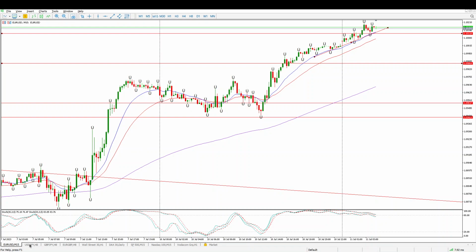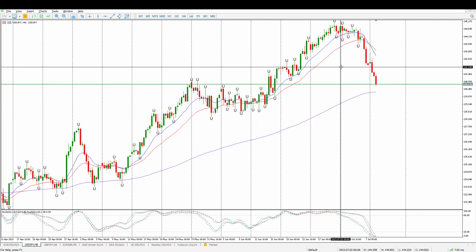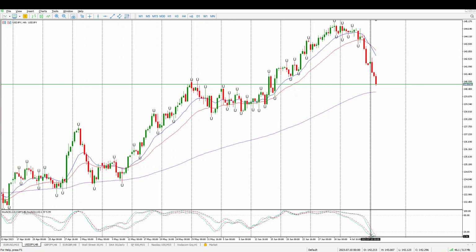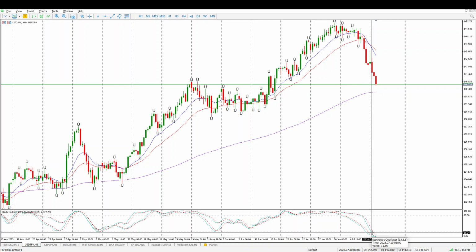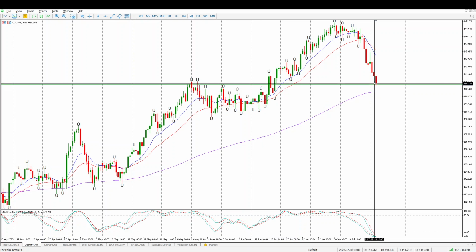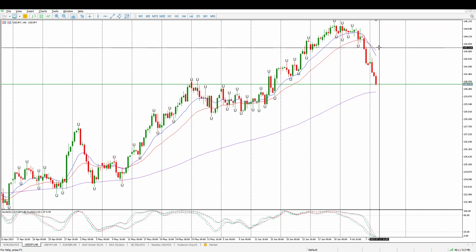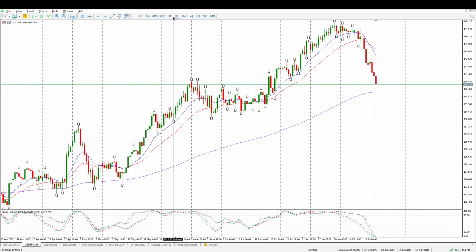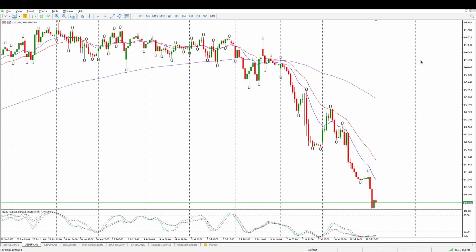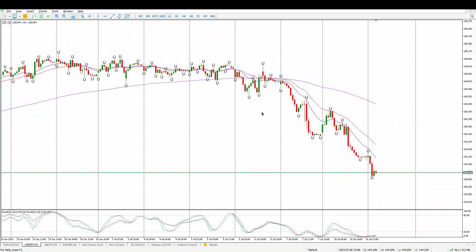Moving on to US dollar Japanese yen, and this has got going. Don't think you had much opportunity to pick it up, but we do have a big grouping of the oscillators now to the downside, and we have divergences here. So be very cautious of jumping in short at the moment. You're looking for the pullbacks. We do have the crossover here. We're in between the moving averages, so that's always not a decent sign, and it is what has been a really strong uptrend. But nevertheless, on the hour,